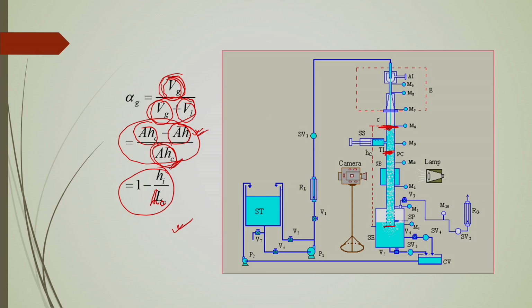So, from this calculation you can easily measure the volume fraction, but this volume fraction of the gas will be the overall gas volume fraction. It will not give you the locational gas volume fraction, or the axial gas volume fraction; it is simply the overall gas volume fraction. And you will also not get the radial gas holdup. The gas holdup may change with radial position, but if your column is very narrow, less than 5 centimeters, you can expect the radial gas holdup distribution to be negligible, and in that case only the overall gas holdup is enough to consider.